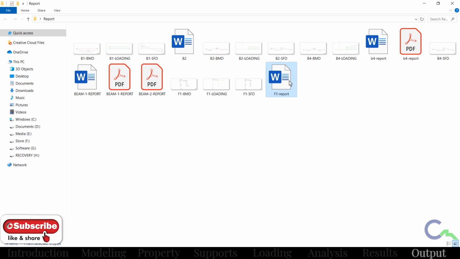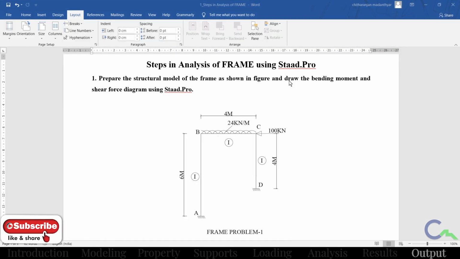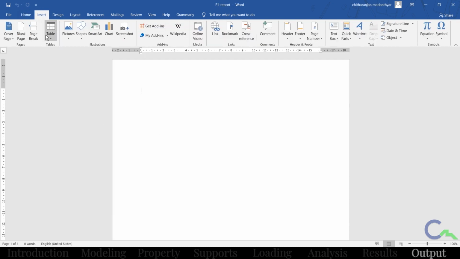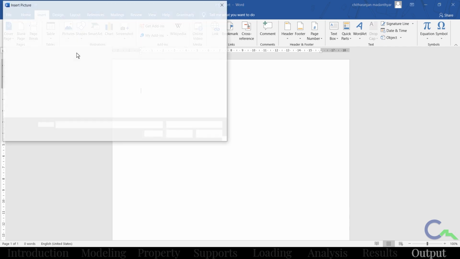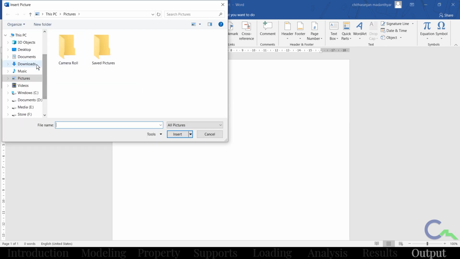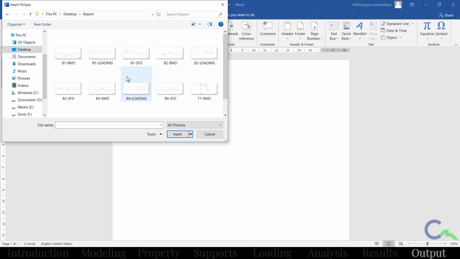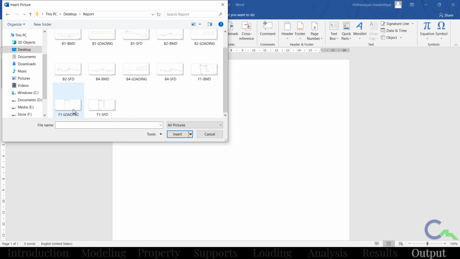Then I will open that Word document. I will go to the insert option, pictures. From this device, first I want to import the images I saved on the desktop. So here we have the image, that is frame 1 loading.